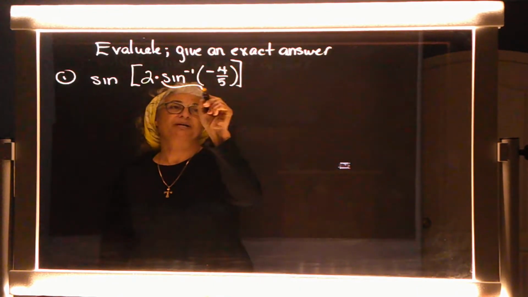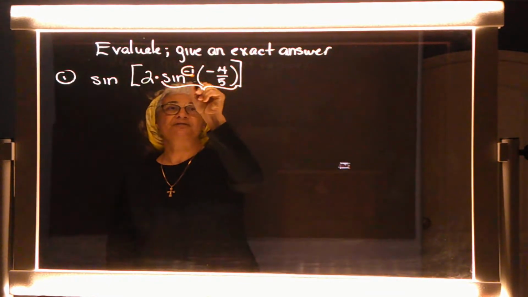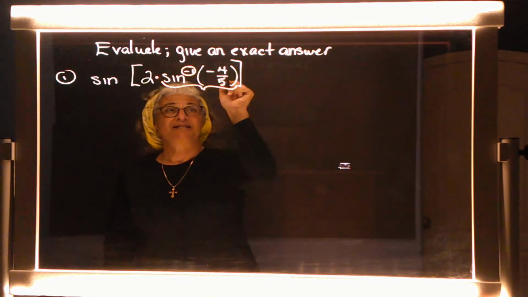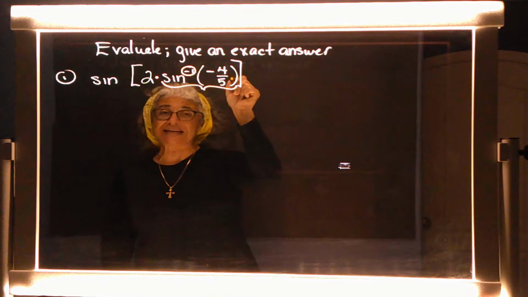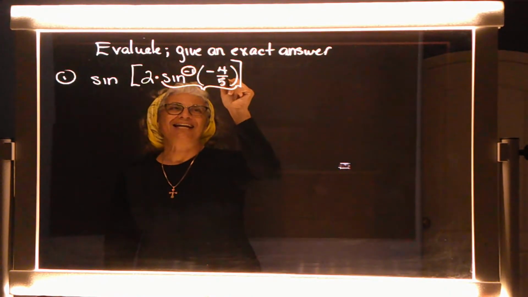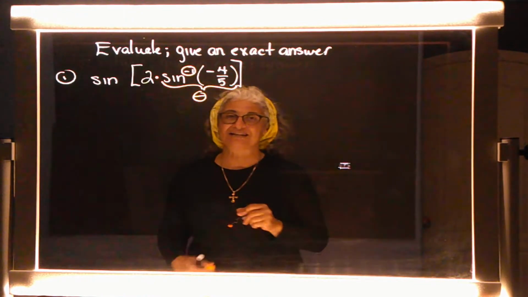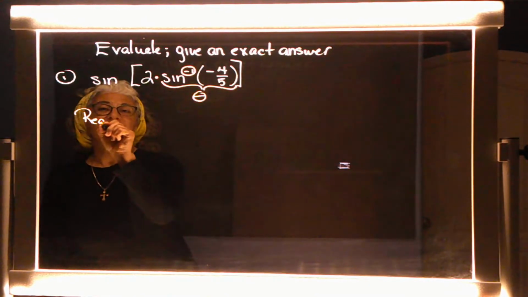It's getting multiplied by this thing, isn't it? Do you notice there's this inverse symbol here? Well, if that's the inverse symbol, then that means a negative 4/5 is what? Your angle or your answer? That negative 4/5 is the answer,